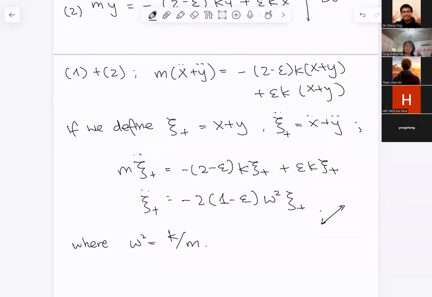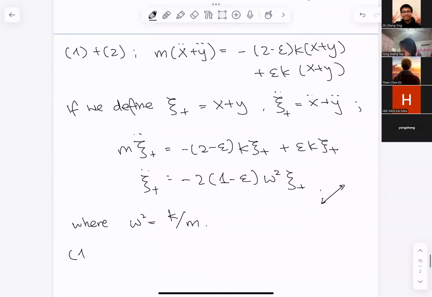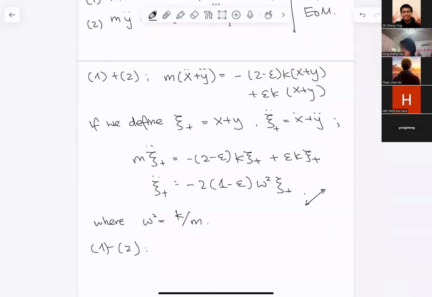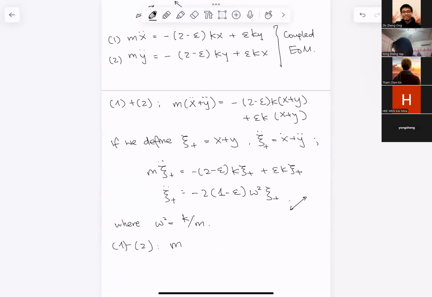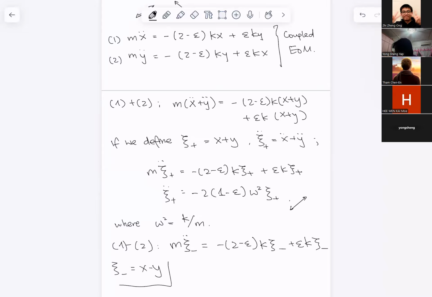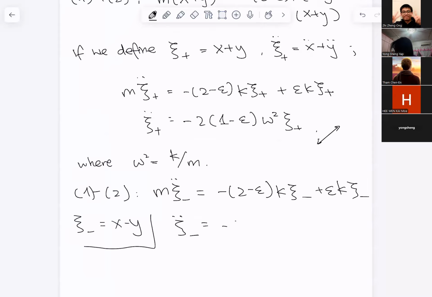the motion along this diagonal has nothing to do with the motion along the other diagonal, as we can see, because if we do 1 minus 2 instead, okay, we can see the same thing, that m c minus double dot is equals to negative 2 minus epsilon k times c minus, and then plus epsilon k times c minus, okay, where c minus is equal to x minus y. And then we can see that c minus double dot is equals to negative 2 omega squared c minus, okay,